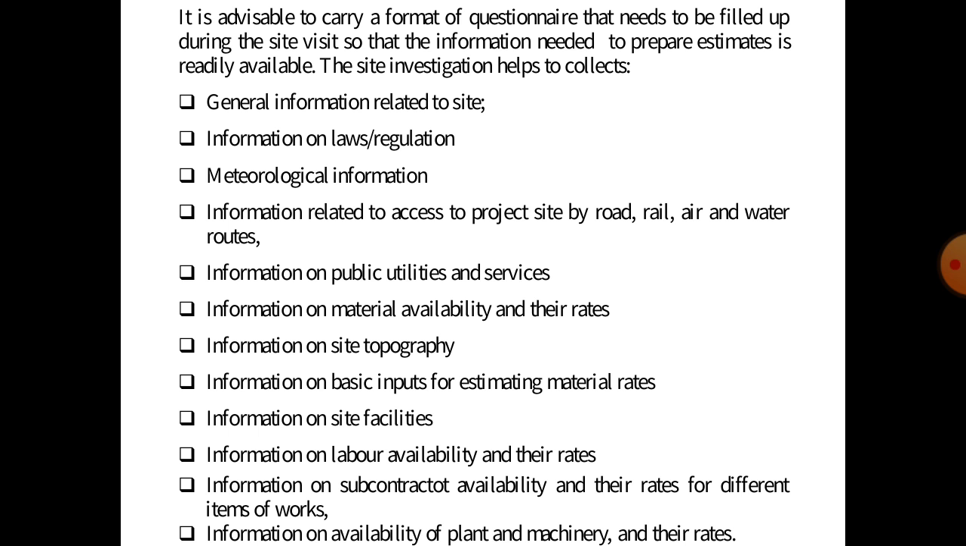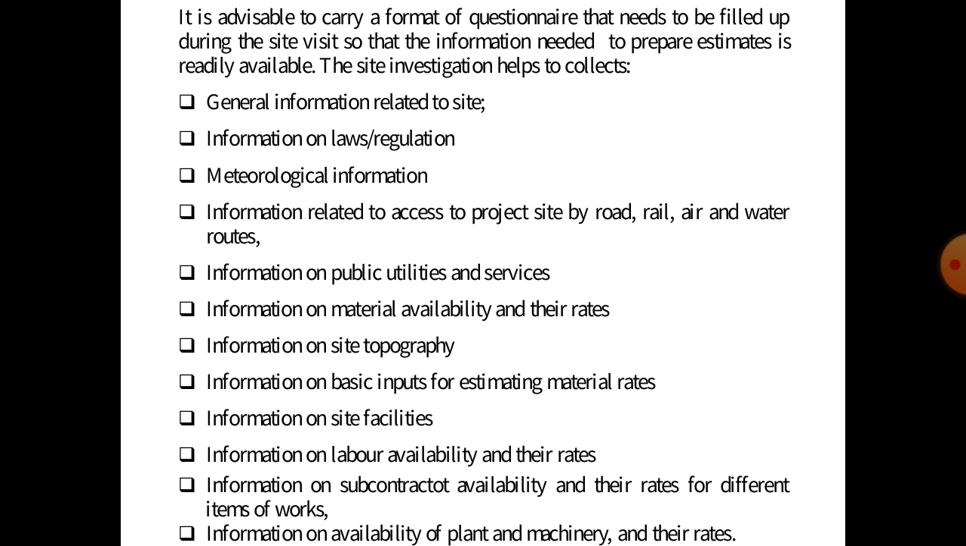Now, it is advisable to carry a format of a questionnaire to fill up during the site visit, so the information needed to prepare the estimate is readily available. The site investigation helps to collect the general information related to the site, information on law and regulation, meteorological information, information related to access to the project site by road, rail, air and water routes, and information on